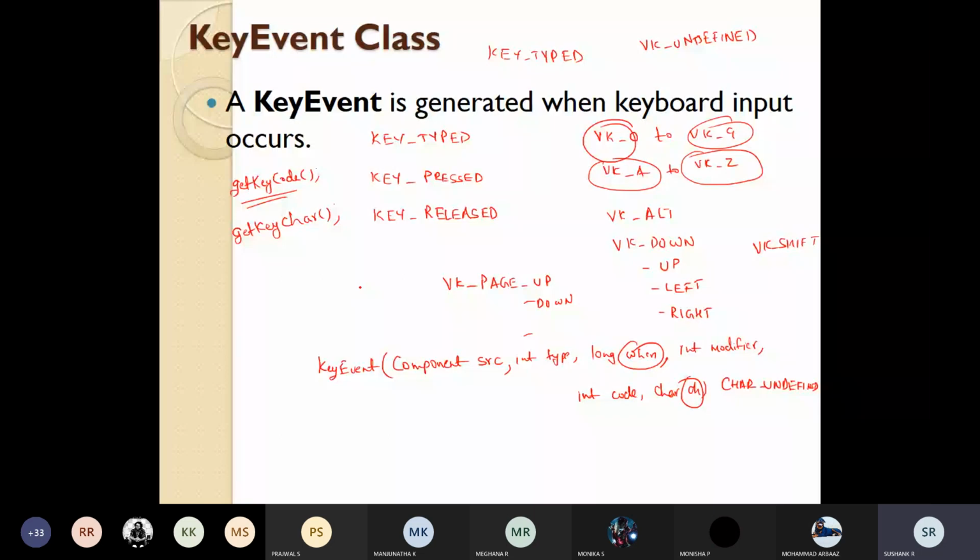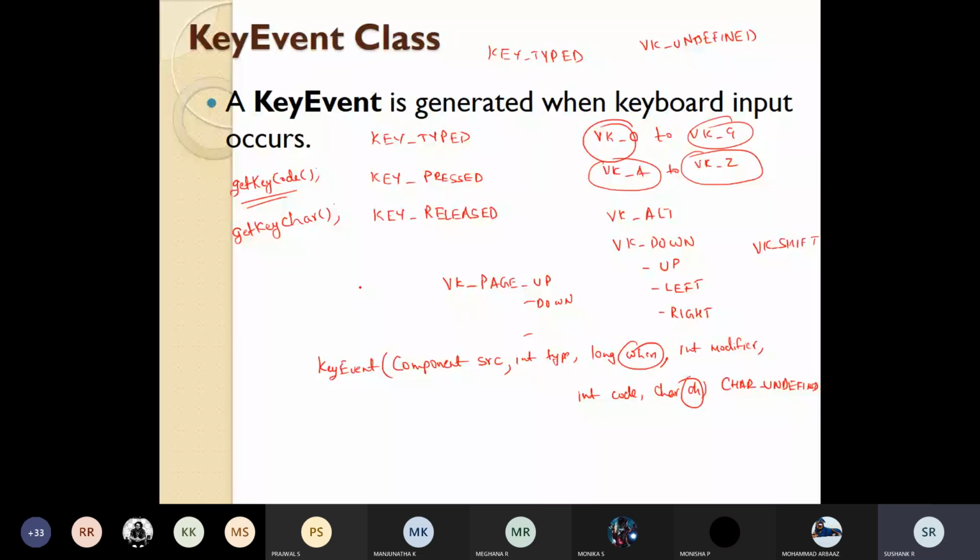So we have constants. In the keyboard, we can press the key, release the key, and type the key. What input can we give from the mouse? One thing is you can click the mouse. One constant is MOUSE_PRESSED, where you are pressing the mouse button.